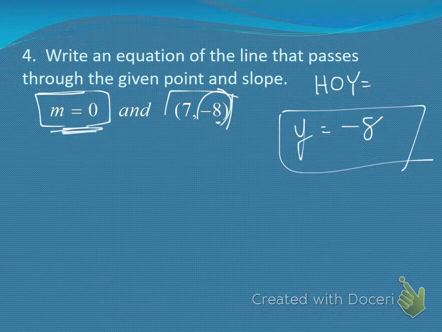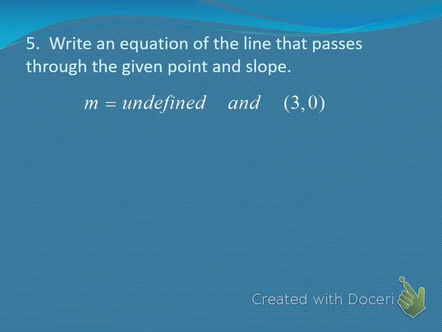If the slope is 0, it's going to be a horizontal line, which means the equation has to be y equals wherever it's going to hit on the y-axis, which is just going to be the y-coordinate, negative 8. Okay? And the reason why I bring up just thinking about this for a second is because what happens if our slope is undefined? If you're going to use the point-slope form, because we have a point and a slope,